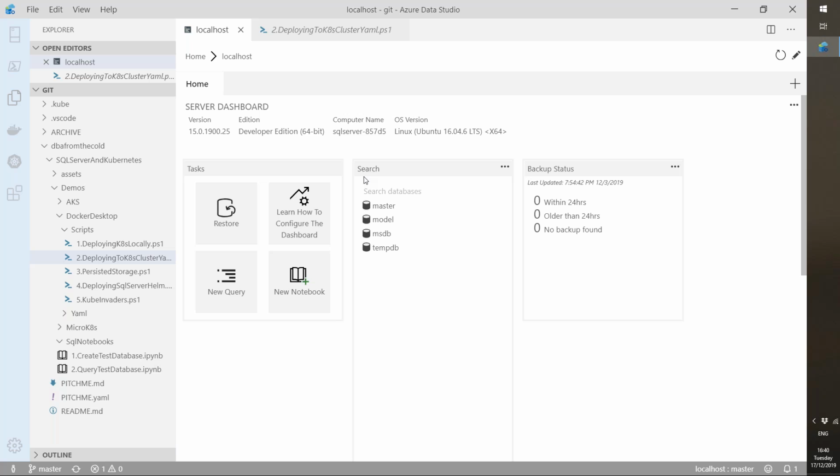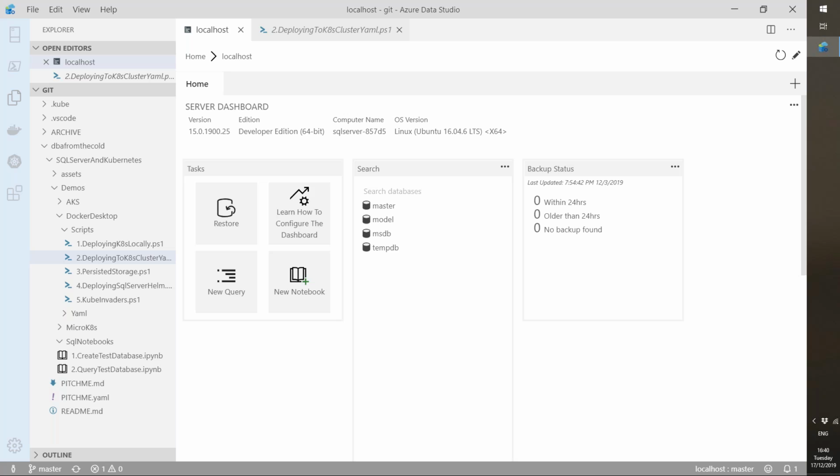The reason that has happened is because that test database was created after my initial container was created from the 2019 RC1 image. So when I blew that pod away, Kubernetes went, the running state no longer matches the desired state. I'll create a new pod for you from the 2019 image, but it doesn't have any knowledge of that database. So that database is gone. And when I say gone, I really mean gone. We can't get that database back. And for me, as a SQL Server DBA, I find that quite terrifying.